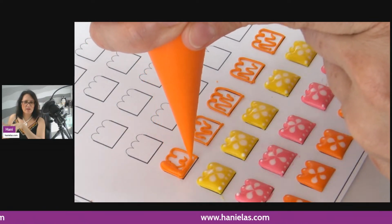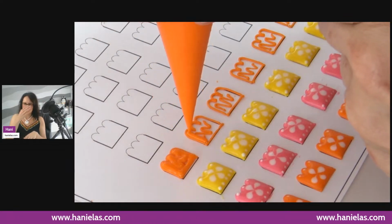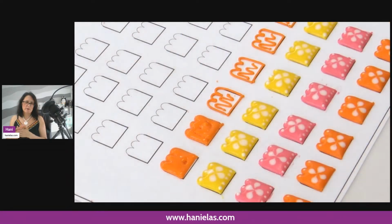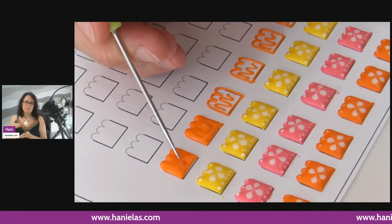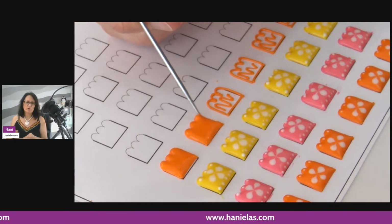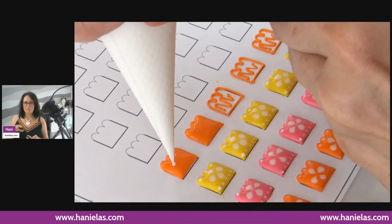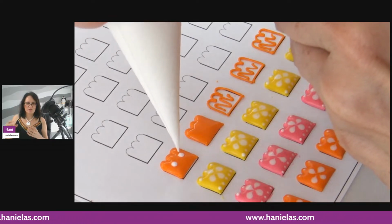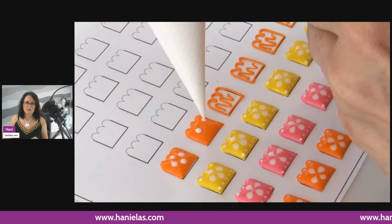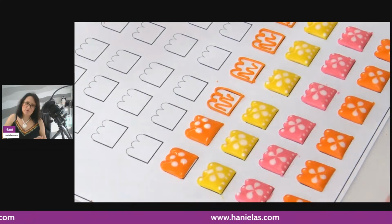These can be made ahead of time. Also, it's best to make these on a flat surface. If you have a plexiglass, it works great. So just stick your transfer into a transparent protector sheet, or if you don't have a protector sheet, you can use wax paper or parchment. However, keep in mind that the parchment will absorb some of the moisture and it will also get a little wrinkly. So now I'm using wet on wet technique, adding white dots, and we're going to use the scribe tool,